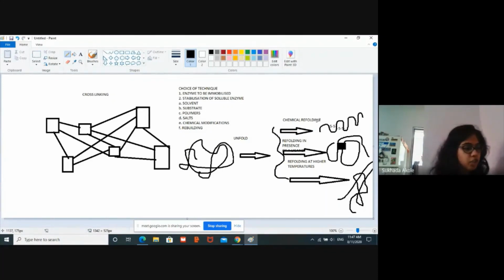Another way in which we can stabilize the enzyme is by doing site-directed mutagenesis. But this site-directed mutagenesis is pretty difficult, so we are not going to deal with it. Okay, it has been successful for certain bacterial enzymes. So what we do is we change its genetic makeup such that when the bacteria produces that X, Y or Z enzyme, its structure has already been changed so that it remains stable. Clear?